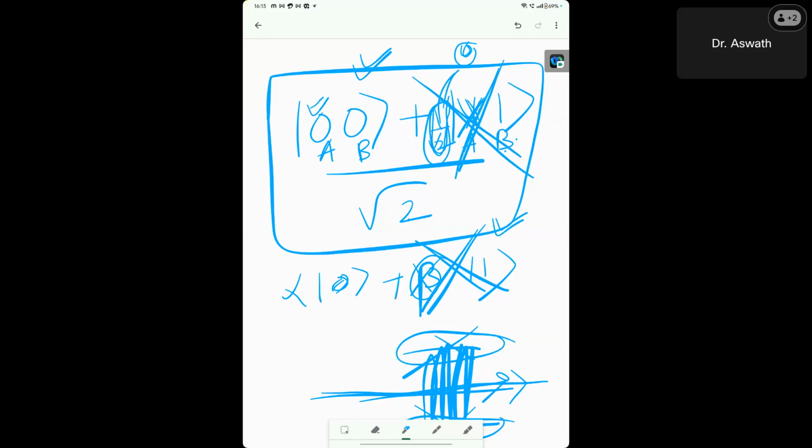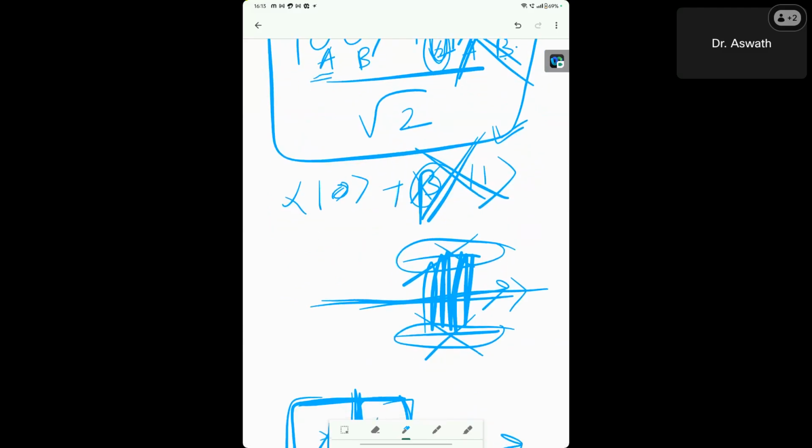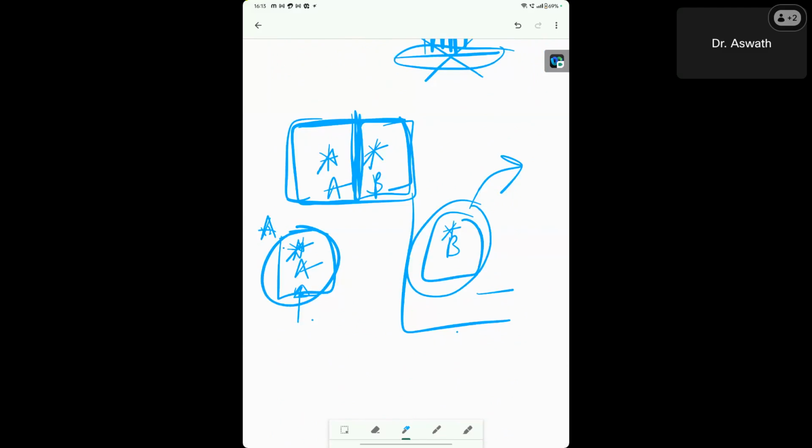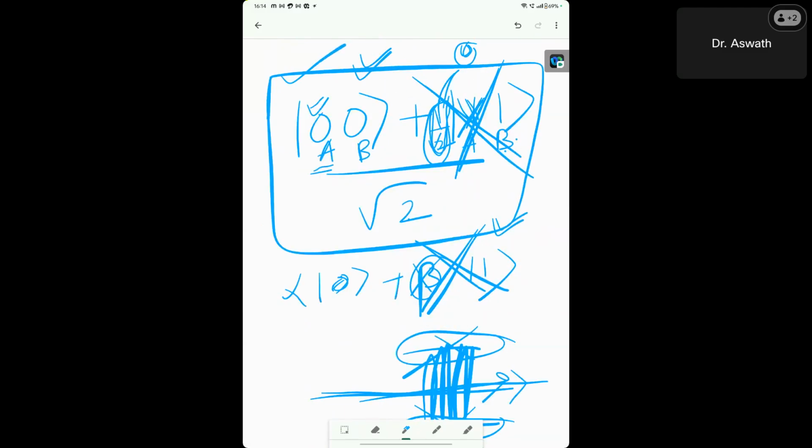What is happening physically is atom A is forced to fall into the zero state. If this falls to the zero state, even though you have not done anything with atom B, that also falls to the zero state. That is what this state is all about, the entangled state.